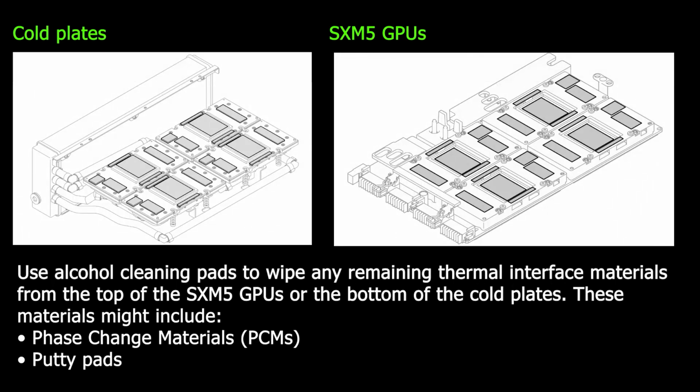Use alcohol cleaning pads to wipe any remaining thermal interface materials from the top of the SXM5 GPUs or the bottom of the cold plates. These materials might include phase change materials, putty pads,